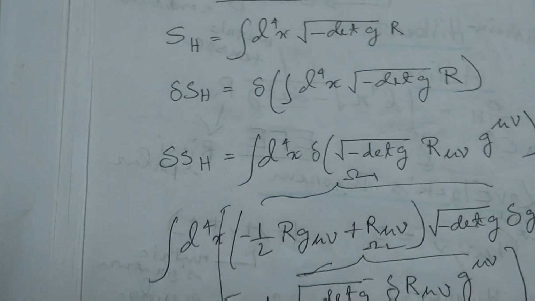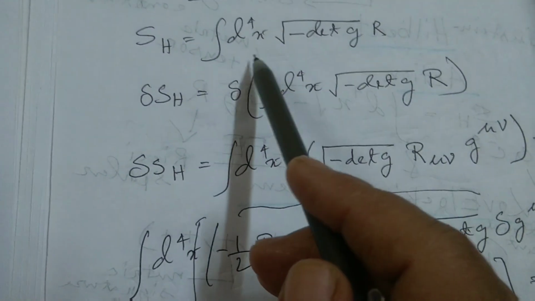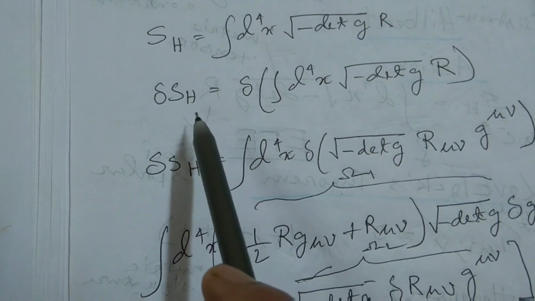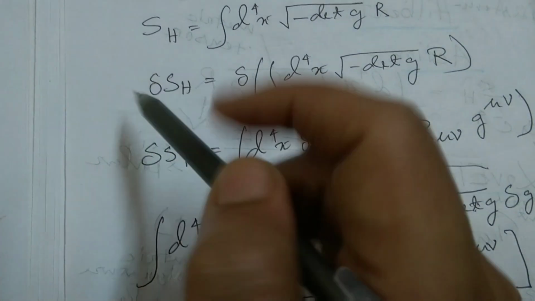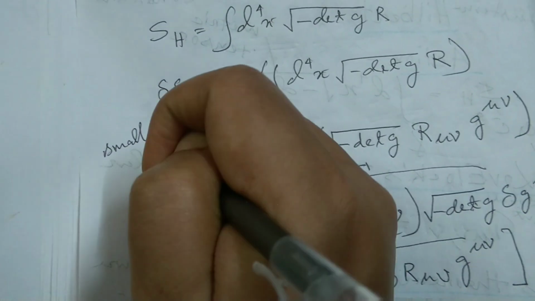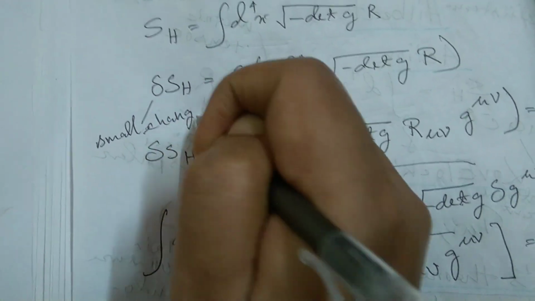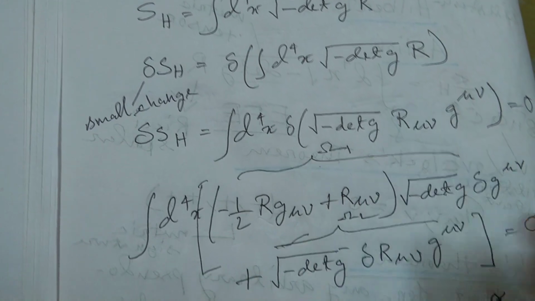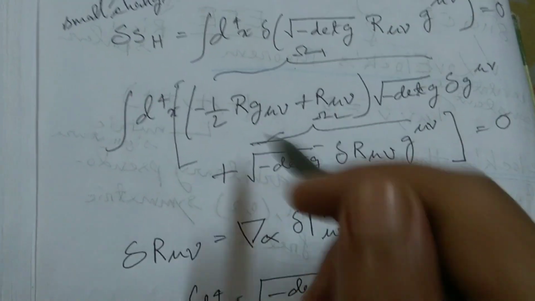This is my Hilbert action, and now I vary it by a small change, del SH. The small change del SH is equal to del of the integral of d4x root over minus G R. And now I